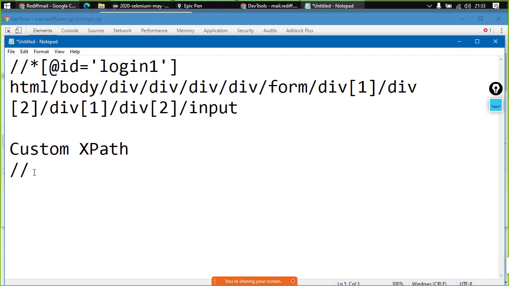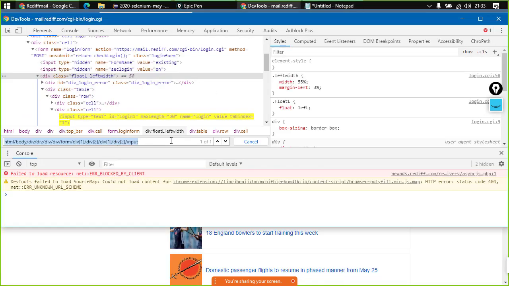We want more specific information, right? For example, we would want to have access to input tag, right? If I specify this thing only, right, what would happen? Let us just see that. So I just specified //input, and there are 6 elements highlighted.